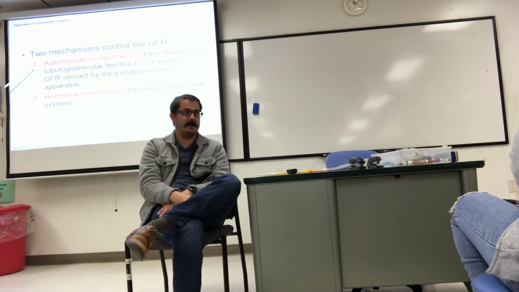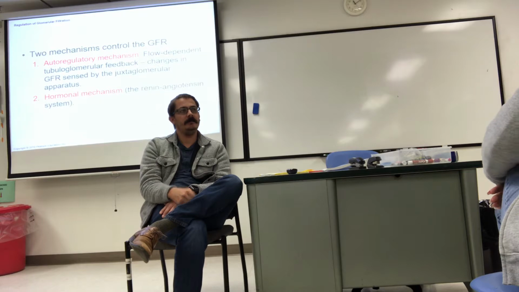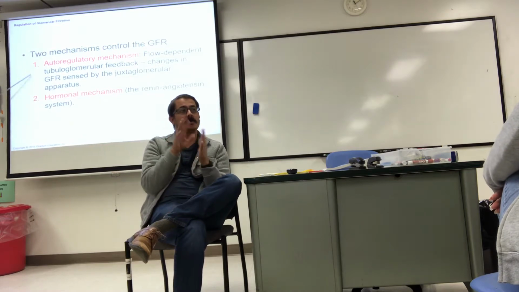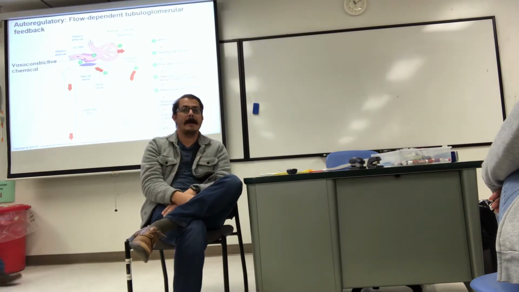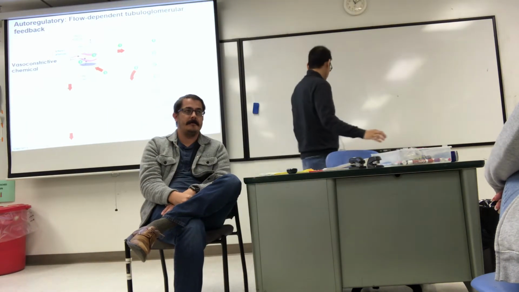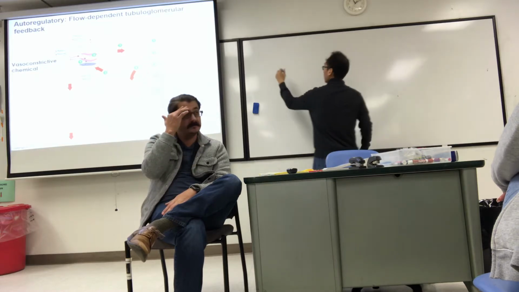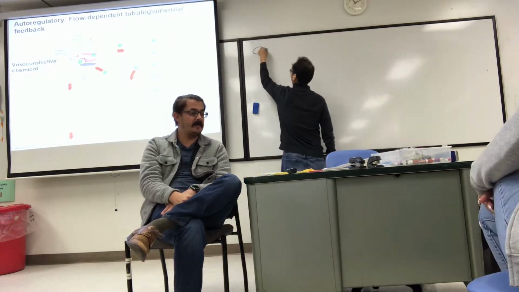But I didn't mention this one before. So in controlling GFR, one figure you should study is this figure. So let's first talk big picture, then look at the nephron here. GFR,